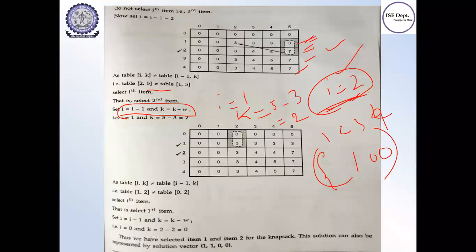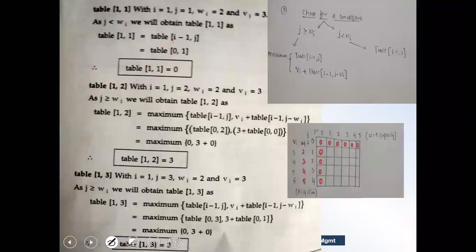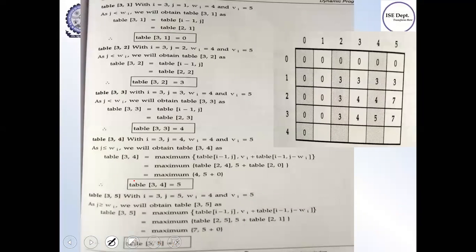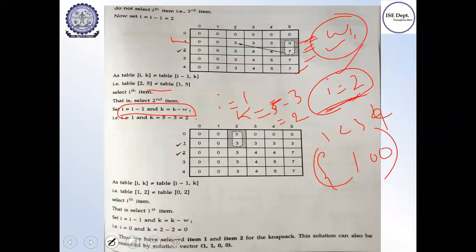Is it clear? So wi is the weight of I. What is the weight of object 2? Let me show you that. Where is the question? Yeah, it's here. The weight of that object 2 is 3 here, correct? So you should take that value out and subtract it. Clear? You will get 2. So you'll get 2, and you start doing it here. You can start here also.